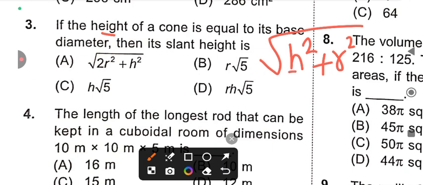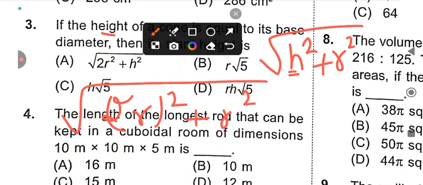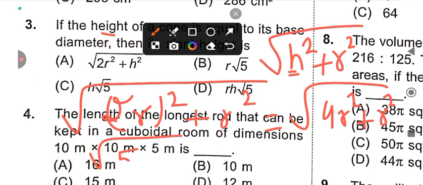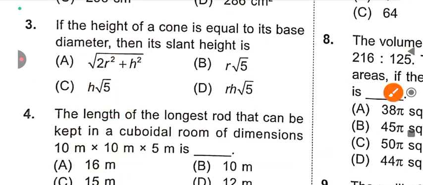So we can write instead of height, under root of 2r whole square plus r square. We can write it as under root of 4r square plus r square. We get it as under root 5r square. We can write it as under root 5 r. So option number